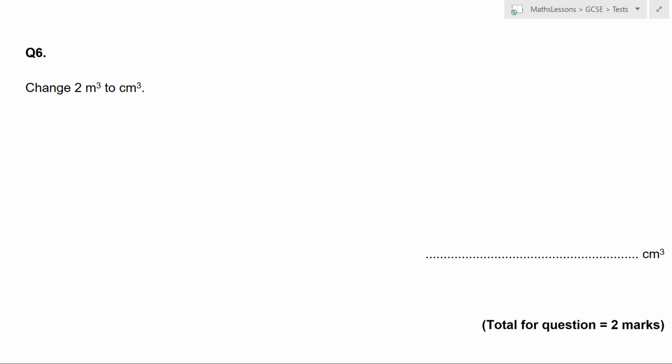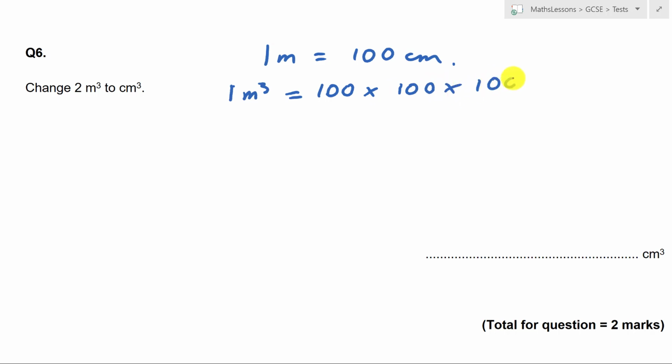In question 6, we've got a units question, and it's a volume units question. We want to convert 2 meters cubed into centimeters cubed. Well, we know that 1 meter is equivalent to 100 centimeters. So therefore 1 meter cubed will be equivalent to 100 times 100 times 100 centimeters cubed, because you think about it,